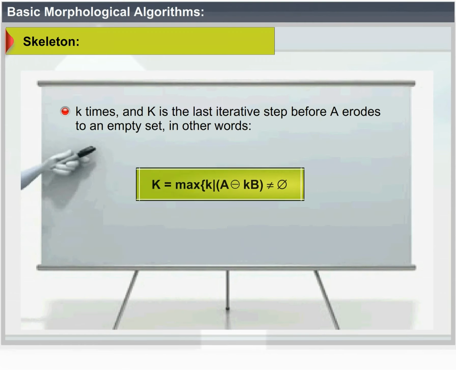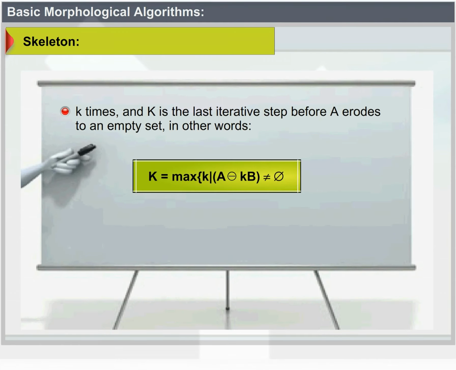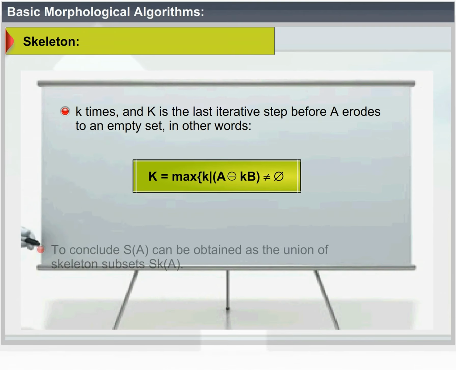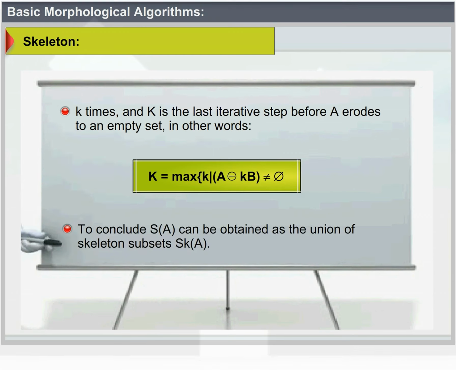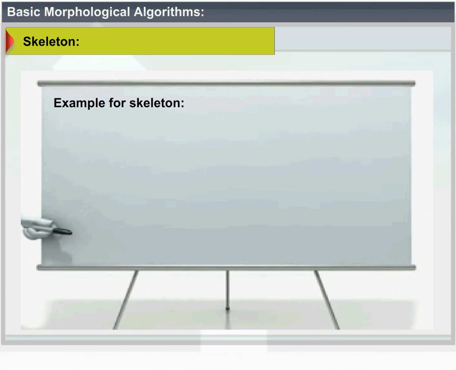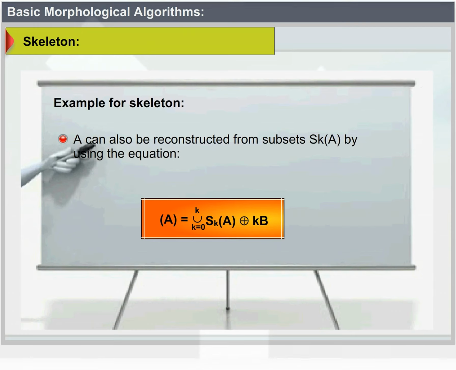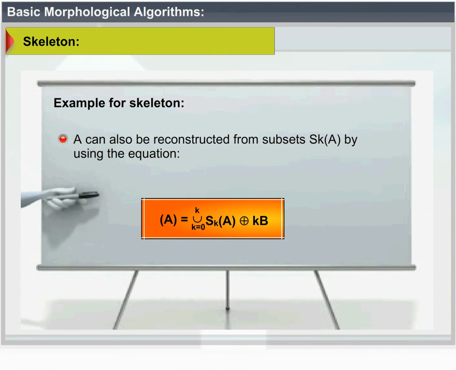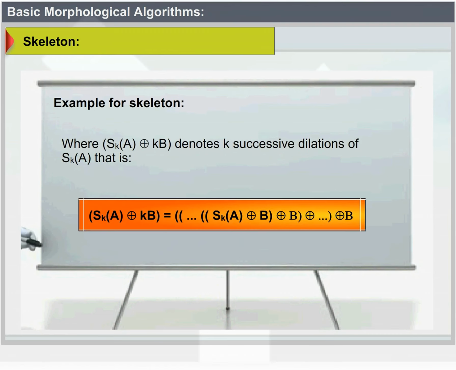K times, and K is the last iterative step before A erodes to an empty set. In other words, in conclusion, S of A can be obtained as the union of skeleton subsets Sk of A. The example for skeleton is shown on screen. A can also be reconstructed from subset Sk of A by using the equation where Sk of A dilation Kb denotes K successive dilations of Sk of A, that is,